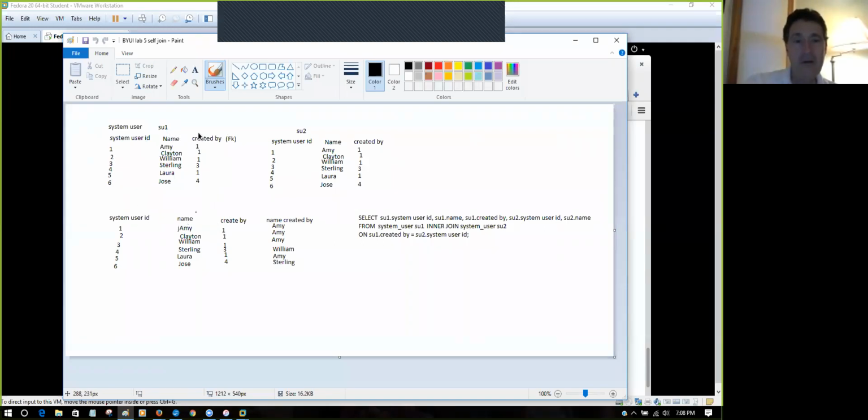Look at this system user table right here in the upper left. System user 1 is Amy, system user 2 is Clayton, system user 3 is William, system user 4 is Sterling, system user 5 is Laura, and system user 6 is Jose. And in each of those records, there's a created